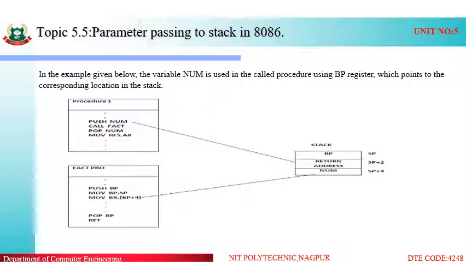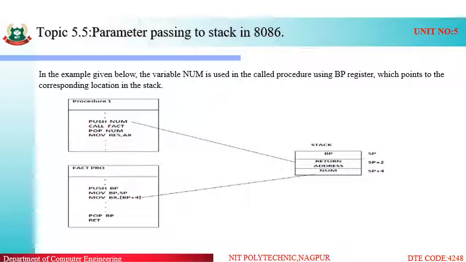Stack memory is always arranged in the manner of last in first out, that is the last element is taken out first. So we have pushed the number here, so that number will be present in the return address, that is SP plus 2. Similarly, we have taken a next procedure as fact pro.